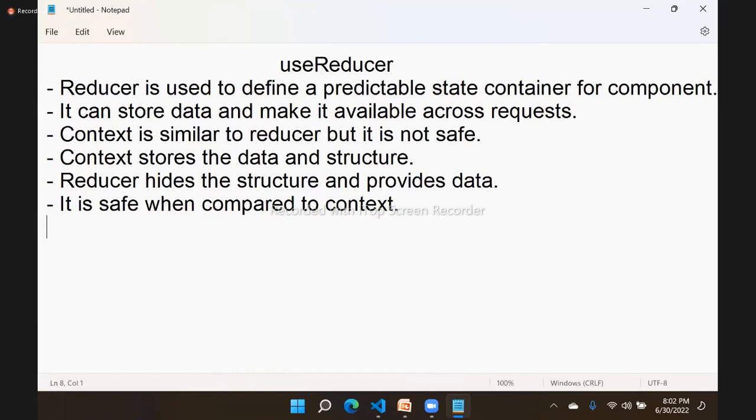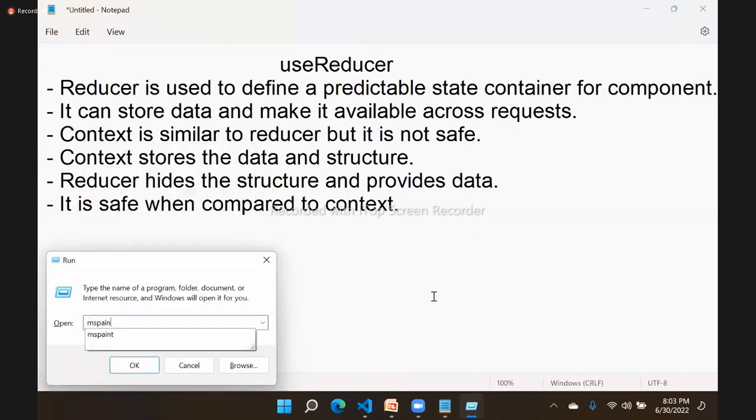Now in that case, a reducer is better? No, a reducer is not always better. Why is it not better? Because it is an external library again. So using an external library, that means, for example, if I ask you a question like, suppose